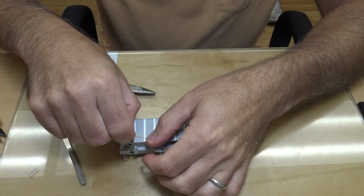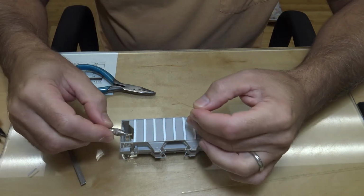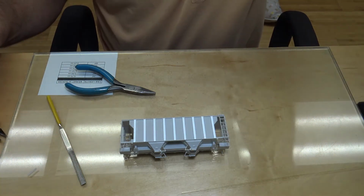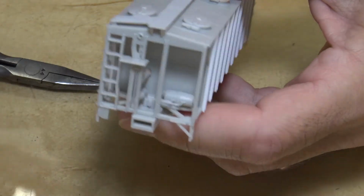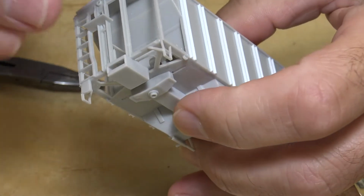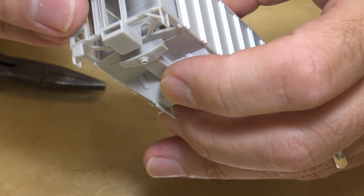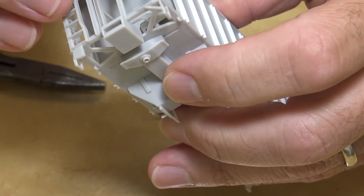So it's time to bend some wire. I got my little piece of 15 thousandths wire. I've got the holes drilled here, here, here, here, here, and here. Now, real quick, zoom in a little bit here. You'll notice this hole here is towards the inside. So when you make these two pieces of wire, you're going to put this one in